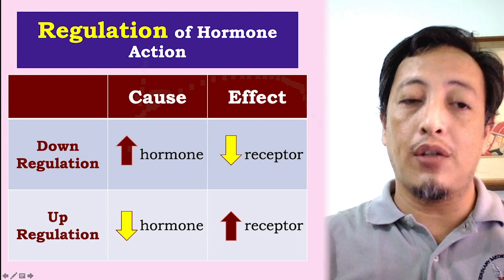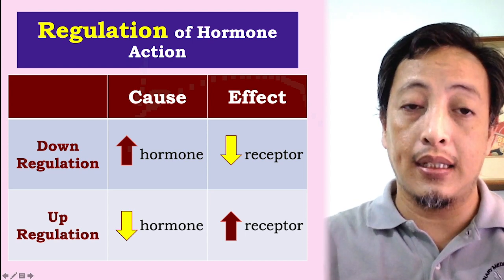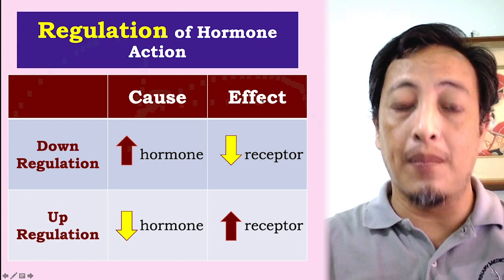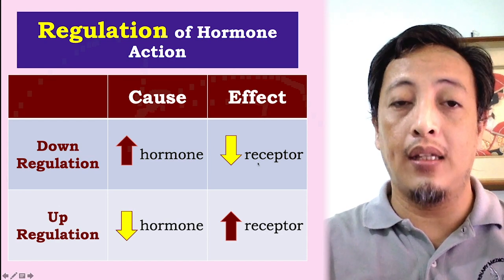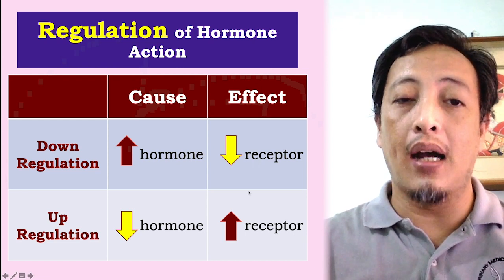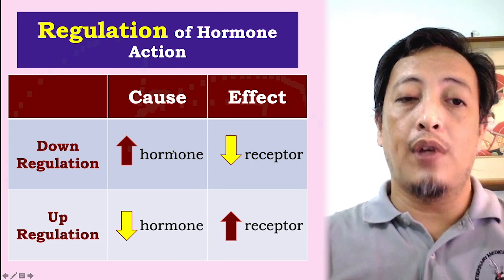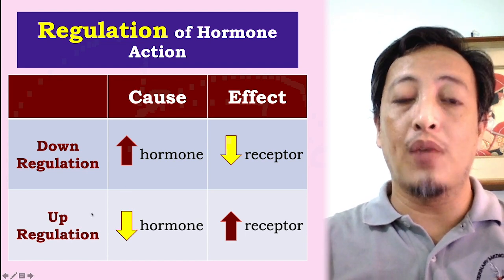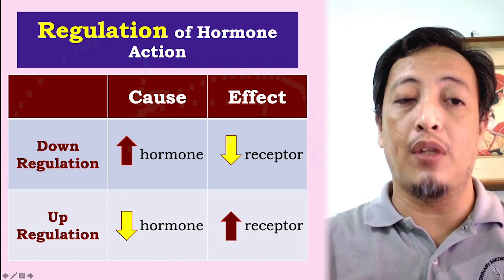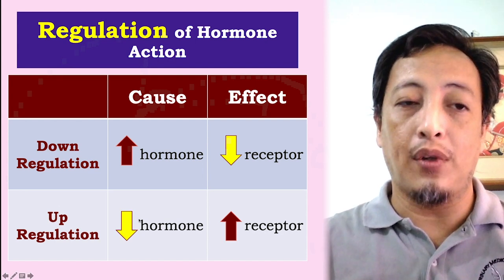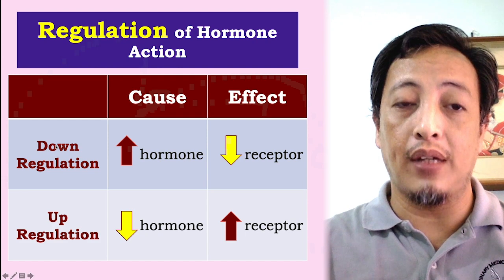So down regulation, for instance, as the hormone increases, the number of receptors in the cell membrane or inside the cell decreases. Okay? Kaya siya down regulation. Bumababa ang number of receptors. For upregulation naman, as the hormone level decreases, dumadami yung receptors. Okay? Kaya siya upregulation. Okay? So, ang tatandaan natin yung pag down, yung receptor. Pag up, yung receptor ulit. Okay? So, para ma-avoid natin ang confusion.